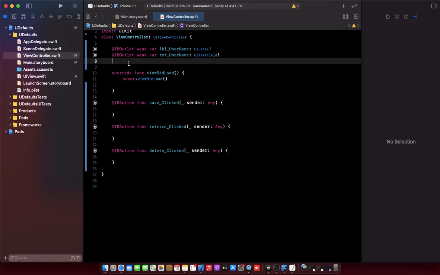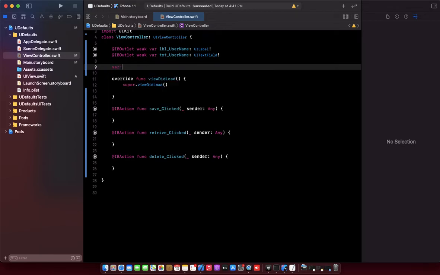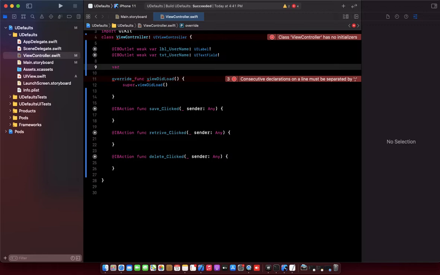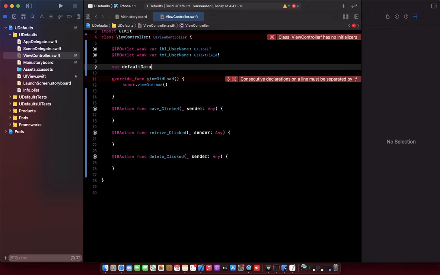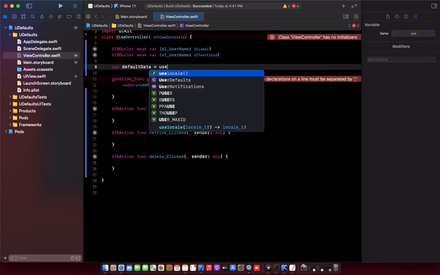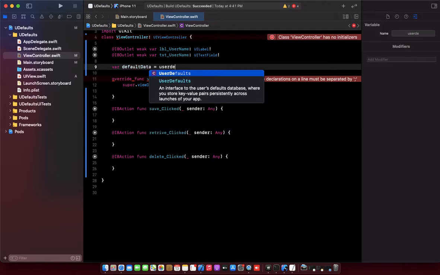Without wasting time, we have to initialize a variable. You can give any name to your variable according to your need, and there are some rules to define a variable. In my case it will be defaultData, and it will be assigned UserDefaults.